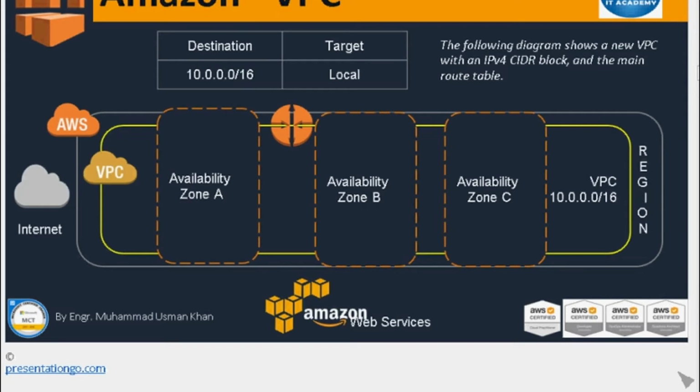So in this diagram we can see the Amazon account in the gray line. Under the Amazon account, we consider one of the regions, the US 1 region like North Virginia, in the yellow line. As we discussed earlier in the past lecture, each region has at least 2 or more availability zones. So as you can see, the AWS account is in gray, the VPC in the specific region is in yellow, and in the VPC we have 3 availability zones.